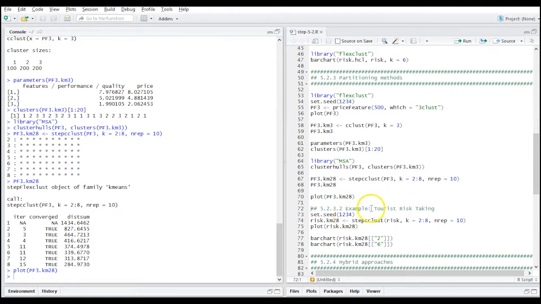What we're doing is we're using again the tourist risk-taking dataset we also used in hierarchical clustering that contains 563 respondents and 6 variables where people indicated how often they did take certain risks. So we already loaded the data in the part on the hierarchical clustering, and now we want to run the k-means algorithm on it for different numbers of clusters because we don't know a priori what's the correct number of clusters,